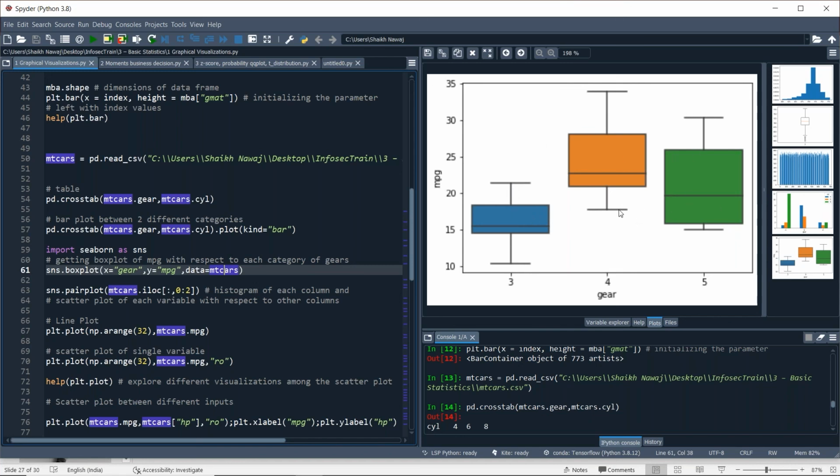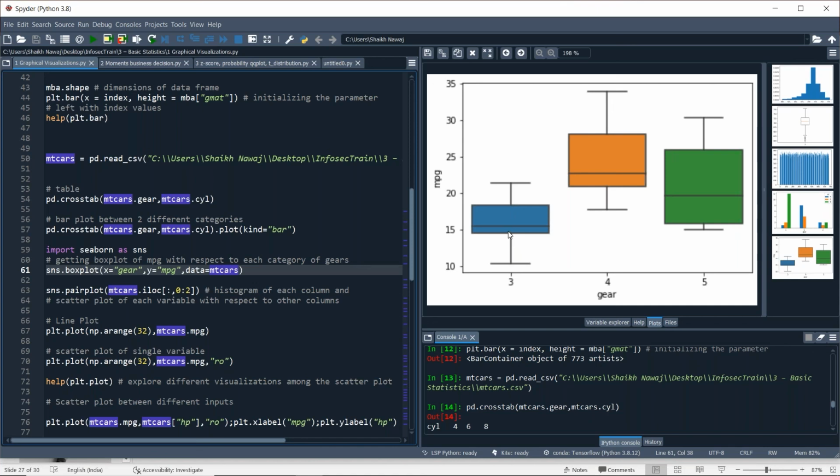As well as finding the ranges, we can say that this first box plot is positively skewed, because the difference between this part is very small compared to the difference between this part.